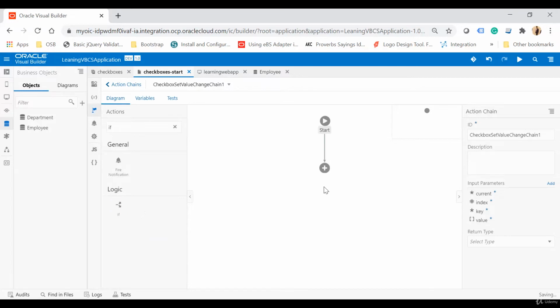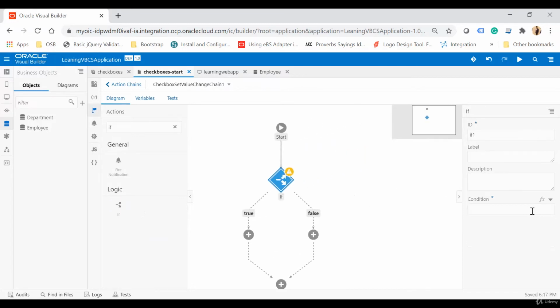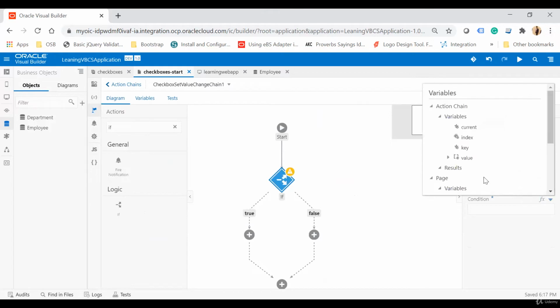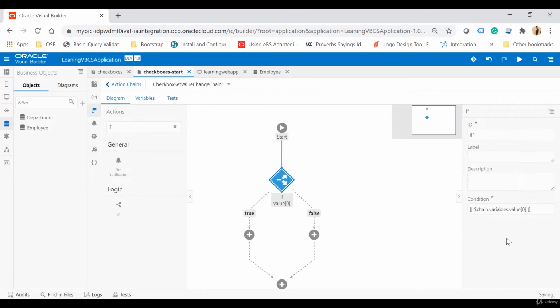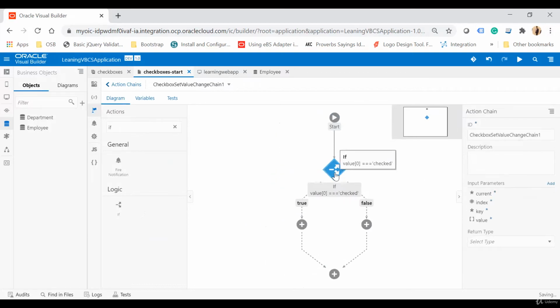If condition, and similarly I will check whether the checkbox is checked or not. For this, make a condition here, and then item 0, and make sure it is only 0, and then checked. Okay. Now if it is checked, then what I will do is I will use fire